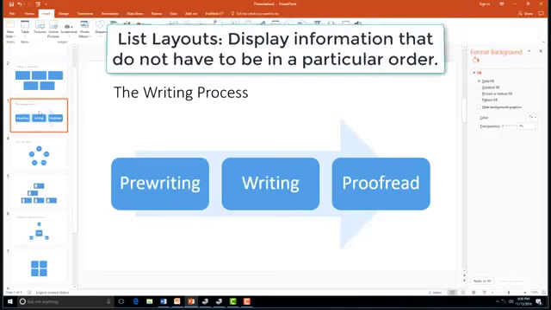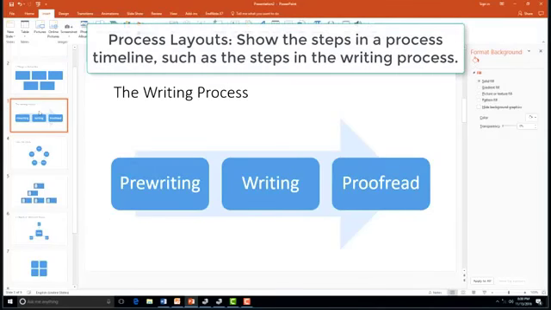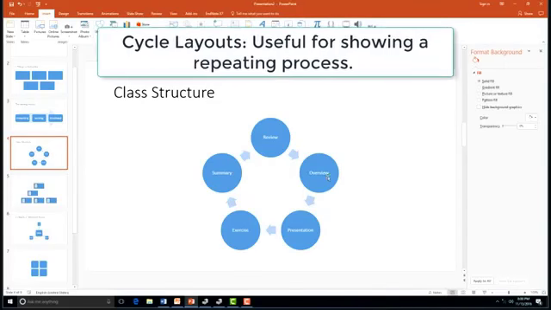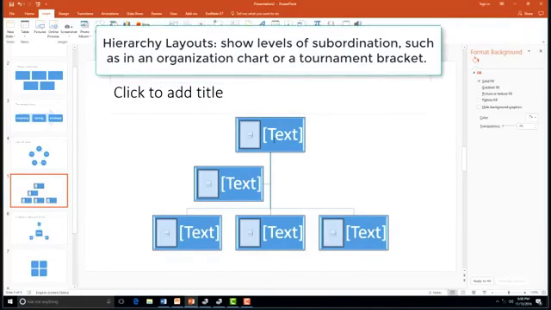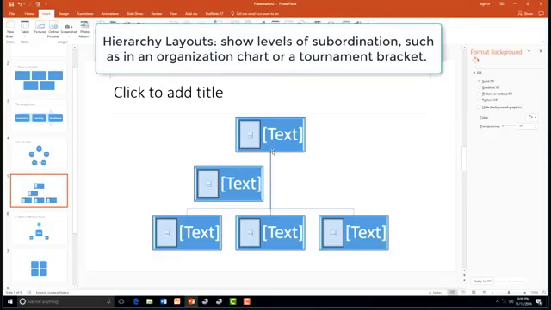Then you have the process SmartArt graphic, so this process layout, and this would show graphics like this that would show kind of one direction and have, you know, step 1, step 2, step 3, sort of like the writing process here. And then you can also use a cycle one, which shows you a cycle of a process and then it repeats itself. And then you can also have a hierarchy here, so maybe like if you have job titles and